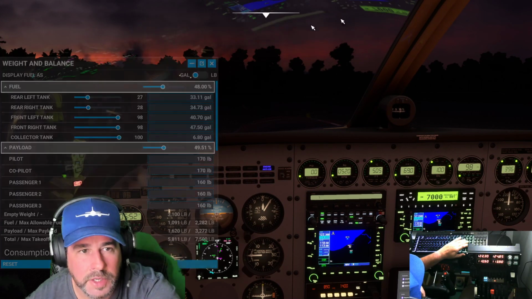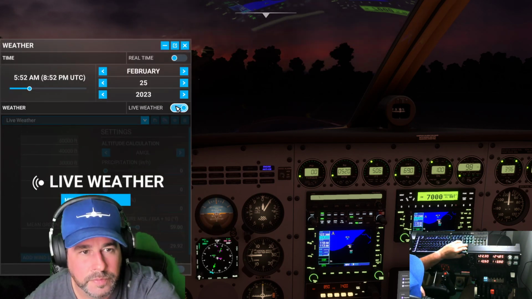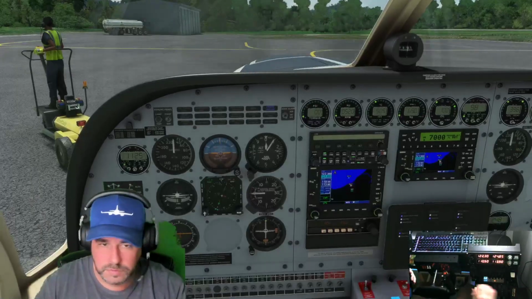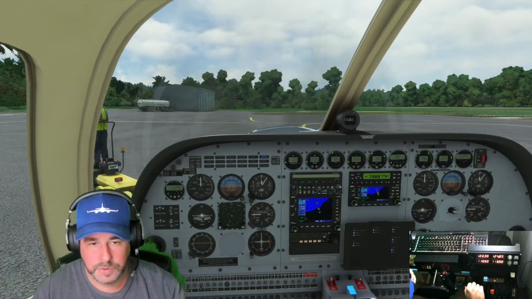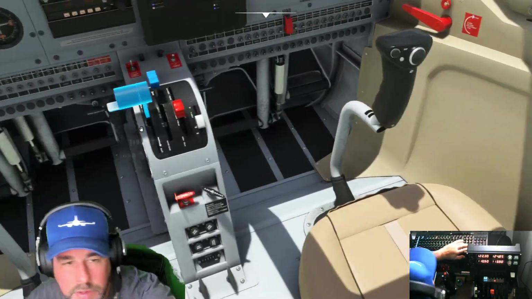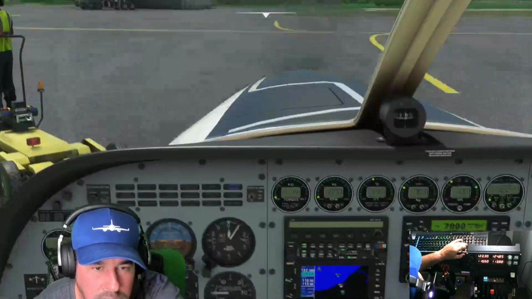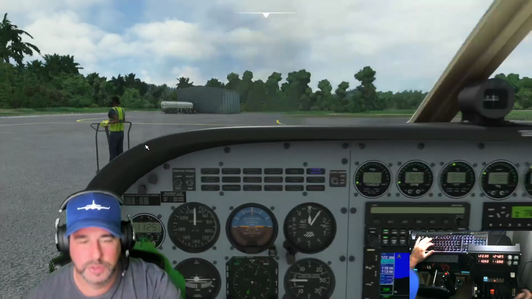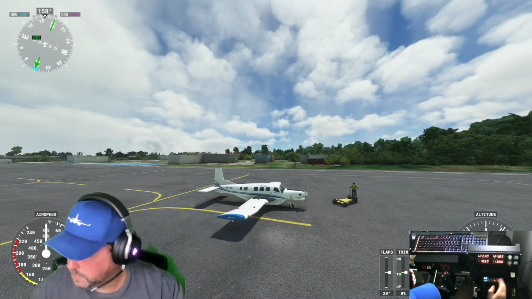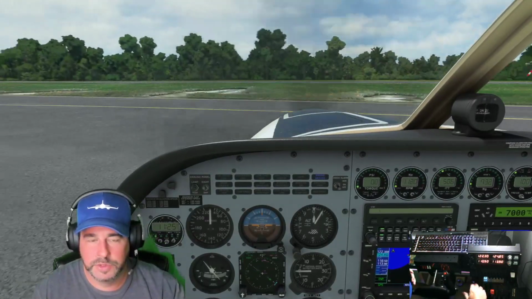Alright, it looks pretty good. Let's take it up for a flight and see how it handles. Take the brake off here. Let's see, is this like flight idle? Okay, so this is kind of like, it's similar to, it's going to be kind of similar to the